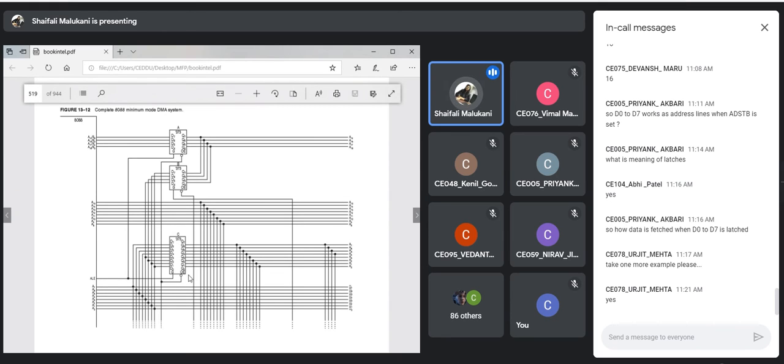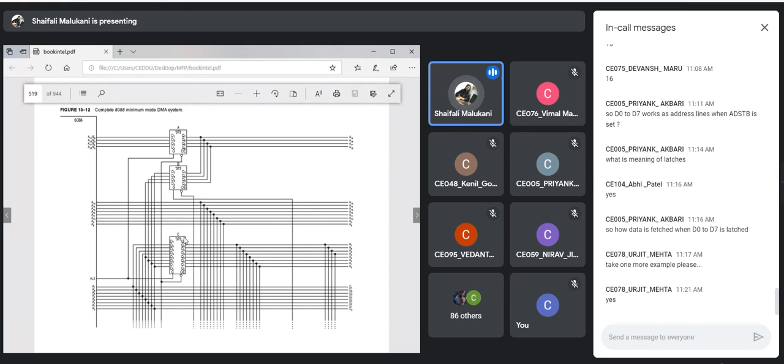Now I have received that address, and I want to put the data over it. So I will put the data over the same line. That will be available here as well as here, but this latch is disabled. So that data will not alter this, because my latch is disabled. The previous data, that is the previous address that I placed, will appear here. Now whatever the data will be, that data will be available here.